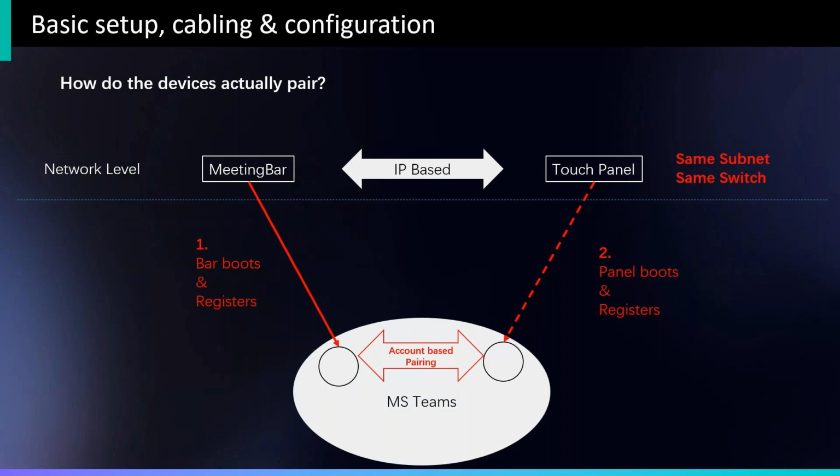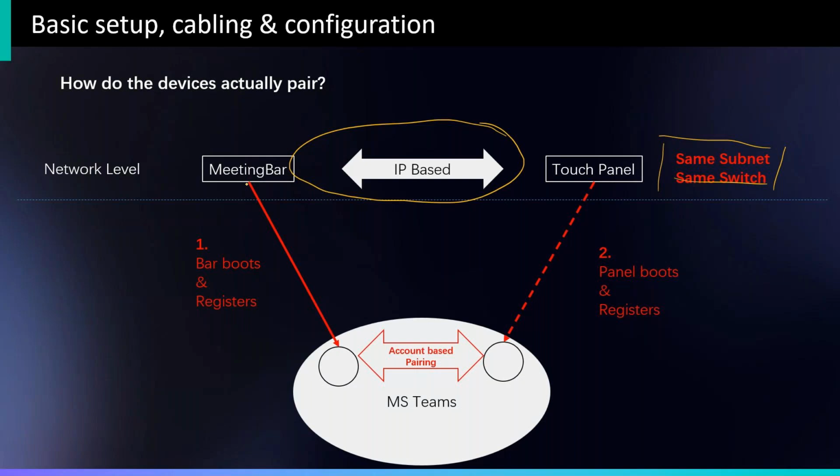Now, we generally have then the devices pairing together. We have here, where's my pen? Yeah, we have the meeting bar and the touch panel. They pair on the IP-based network if we don't have them connected via the VCH port. They pair via the IP-based network. Once they are paired on the IP-based network, same subnet, same switch,